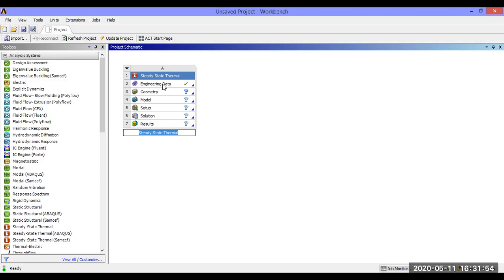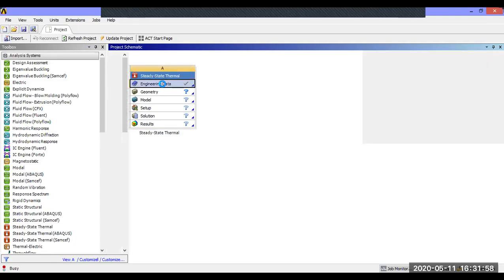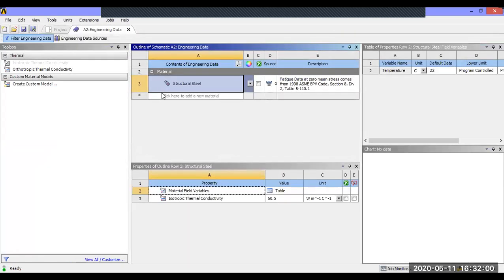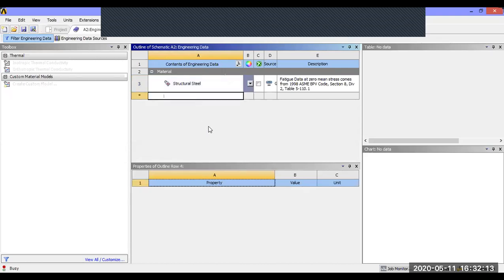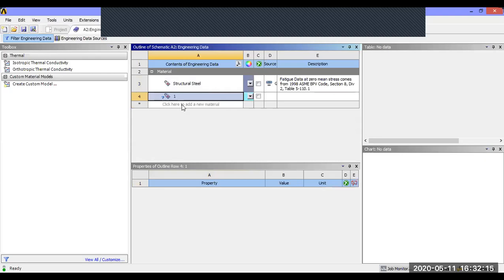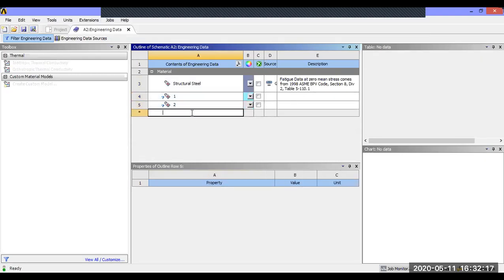Second step is geometry. Now, first step, double click. Here default structural steel is there, but our material is different. That's why we are going to create our own material. For that, create the first material. The material name I'm taking as 1, 2, 3.